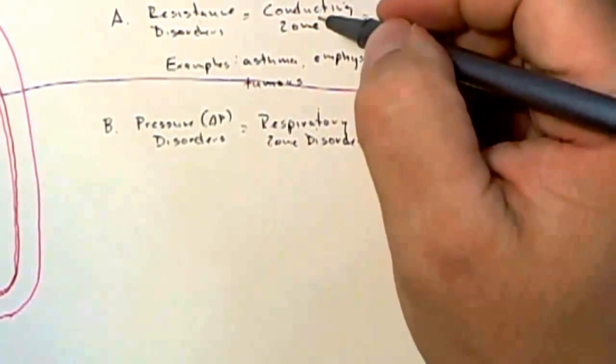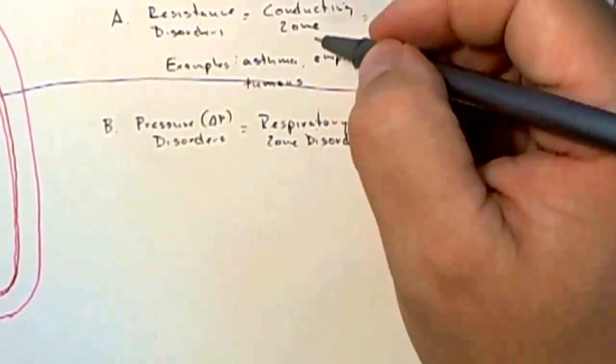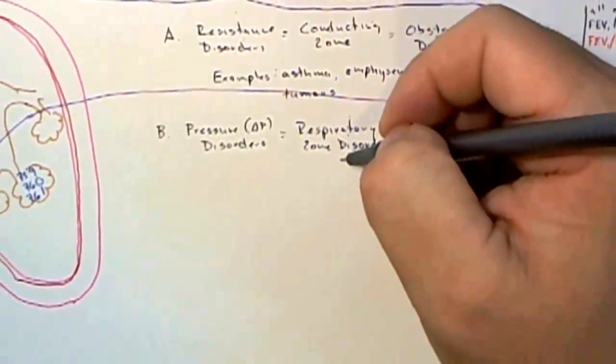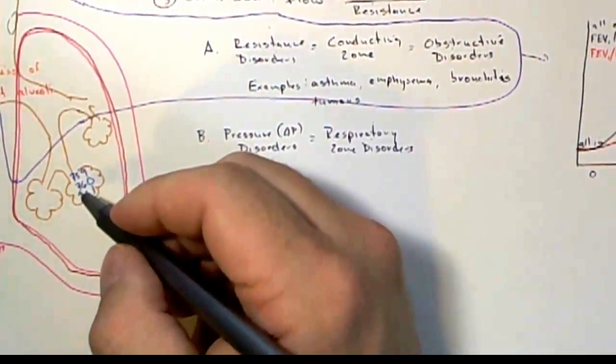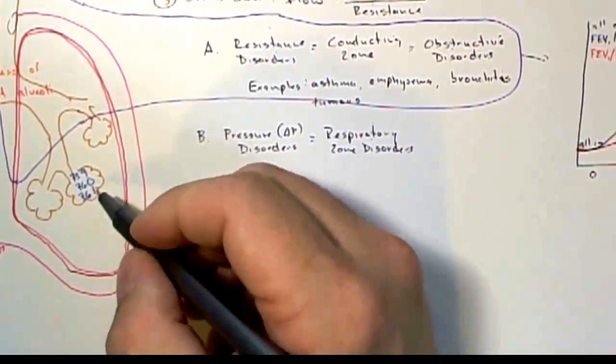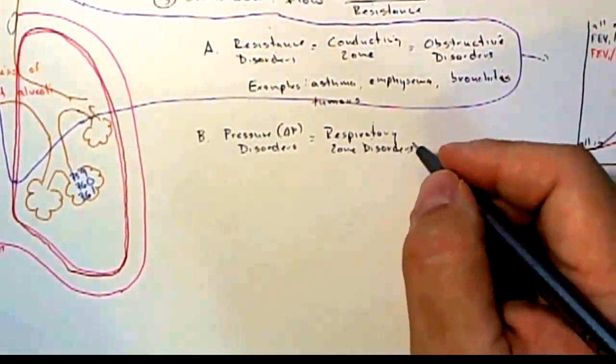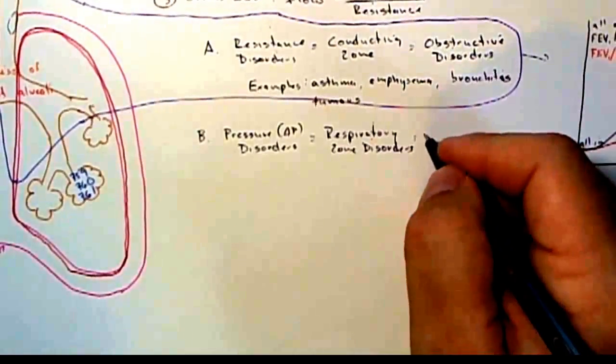So the conducting zone is basically the trachea and the large bronchioles, and the respiratory zone is where actual respiration occurs, and that's deep down in the alveolar ducts, the terminal bronchioles, and the alveoli themselves. These are called restrictive disorders,